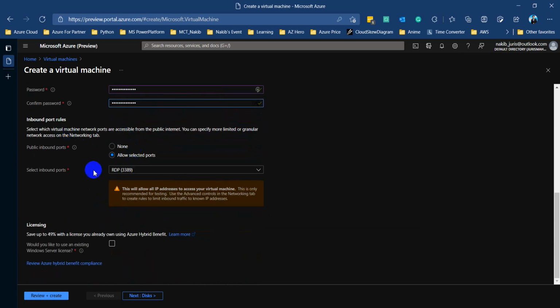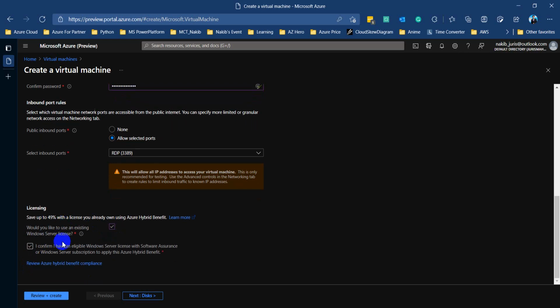Okay, so we will connect our machine using an RDP port, so that's why we will use this port. And though it is for testing purposes, I am using a hybrid model for now, because it will help me to reduce some cost if I run this machine. We are actually seeing the number of how much cost it will consume here. That's why we just use this.